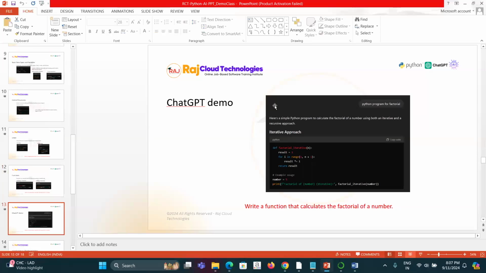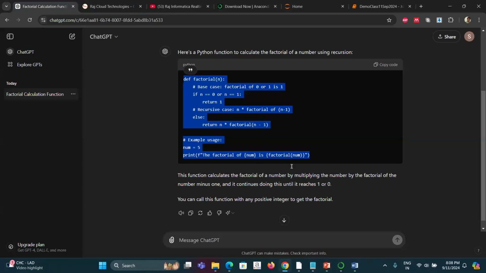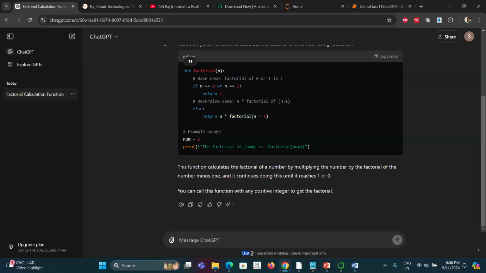That's the next slide that I had. You can find the factorial of a number. There are different approaches. ChatGPT gives you different versions at different times. It's not that every time you run it you will get the same information. But what is important with ChatGPT is this: ChatGPT can make mistakes, so check important info.